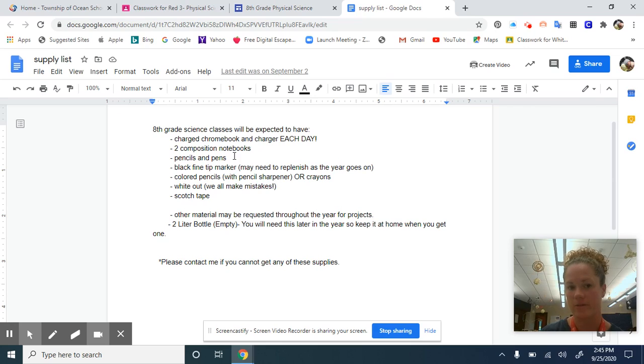Pens and pencils, obviously something to write with. We're going to be doing something called sketch notes this year. We've already talked about it, and we've already taken our first sketch notes, so you can ask your child what that is if you're curious. With that, they need a black fine tip marker, colored pencils to color it in. They could also use crayons if you prefer crayons, whiteout for any mistakes that they might make,